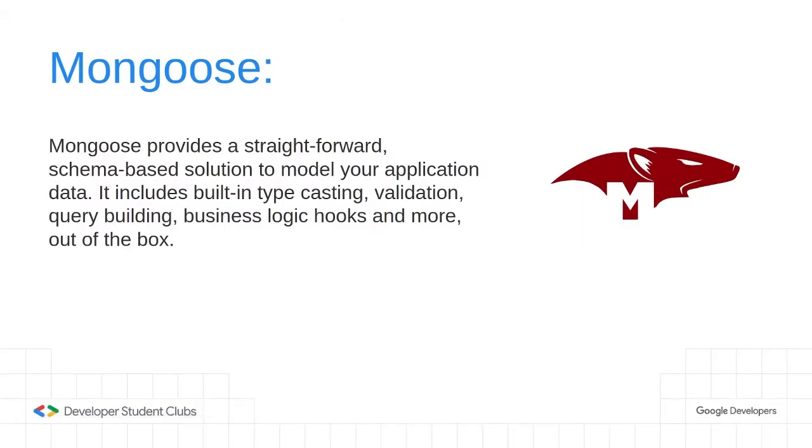Now let's talk about Mongoose. Mongoose is a library which provides an additional layer of abstraction over our MongoDB database in our Node application. Mongoose provides a schema-based solution to model our application data. By schema-based, we mean that we can create a specific structure for our document. A model is then created based on this schema, which is later used for creating and querying documents.